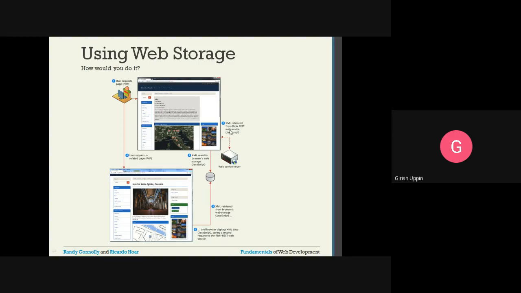So whatever request goes to the web server will be stored here, and when a related page is requested by the user, instead of making a web service request, we can get that particular data from the web storage. So it is working like a local cache. If this data is available here, I am going to get it directly from here. Otherwise, I am going to make the web service request.